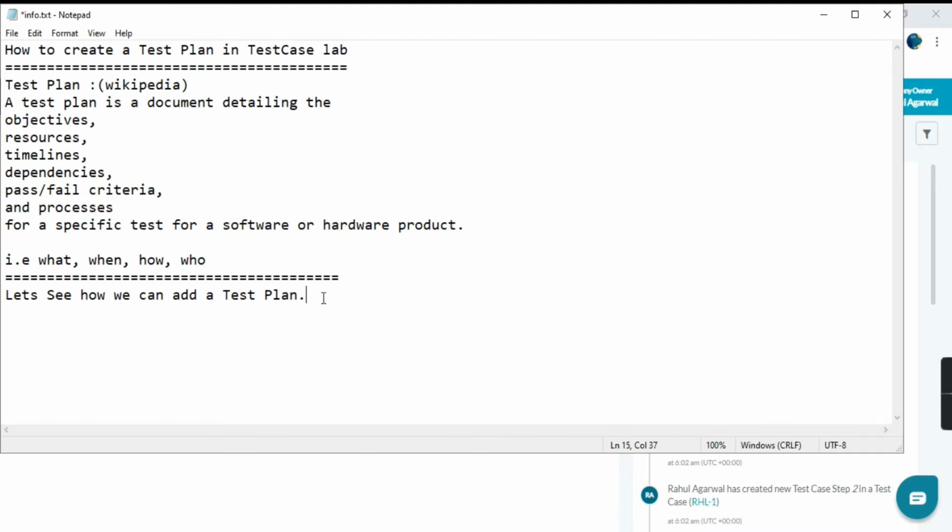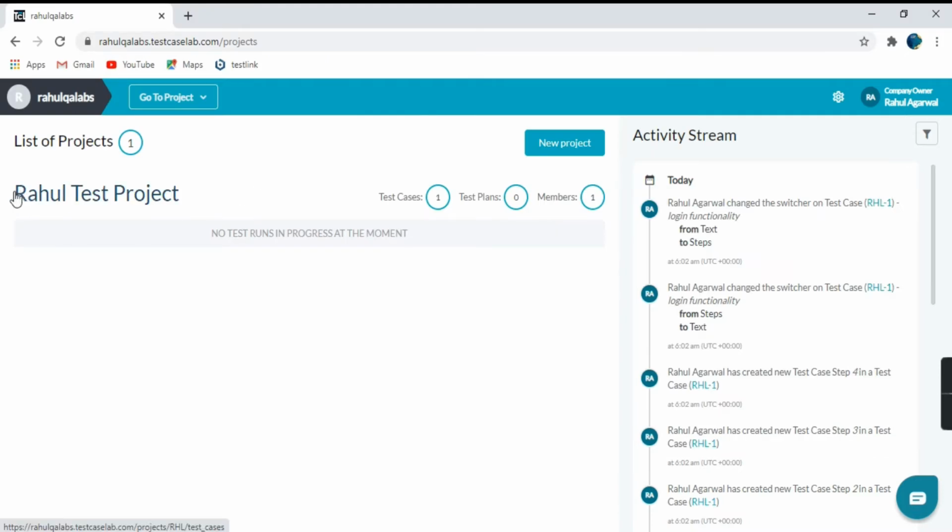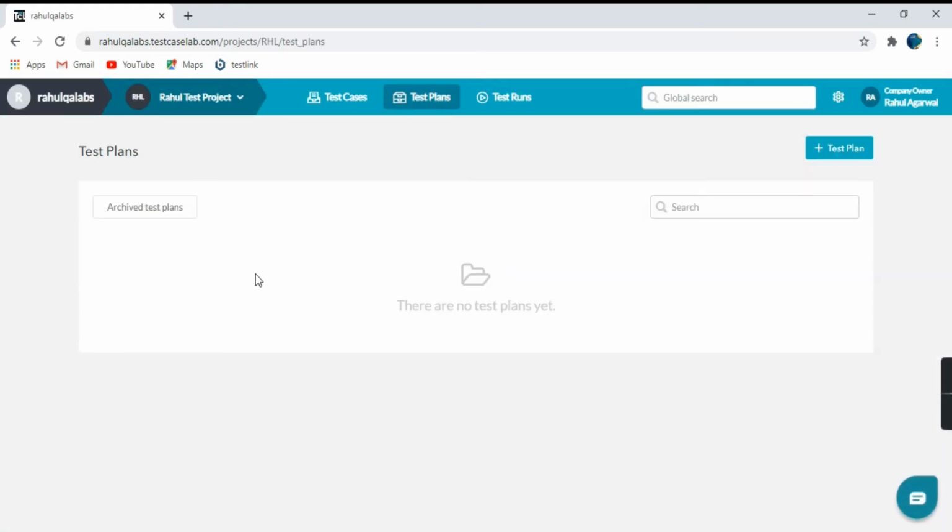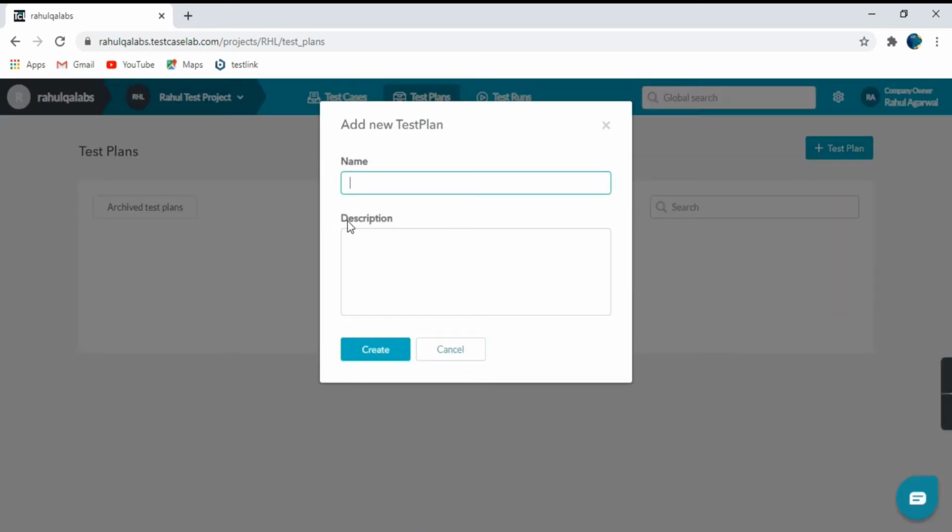Okay, so let's go to our dashboard in the Test Case Lab tool and see how we can add a test plan. This is our project, Rahul Test Case Lab. We have seen how we can add a test case, and test plans is 0. So let us click on this test plan link. We don't have any test plans as of now. There is a blue button with the plus sign, test plan. Click on this button, give the name of the test plan,